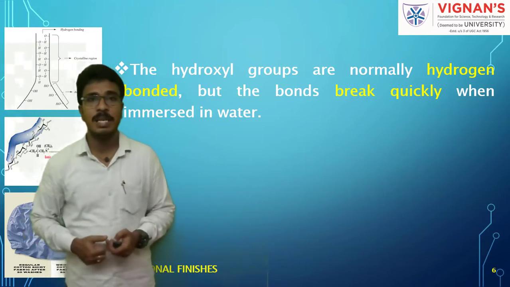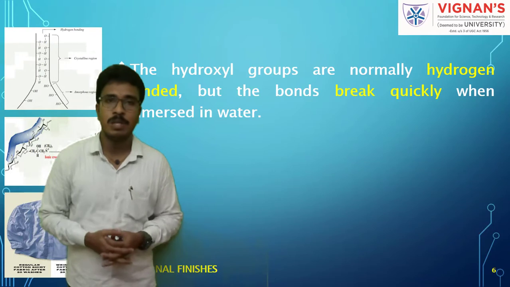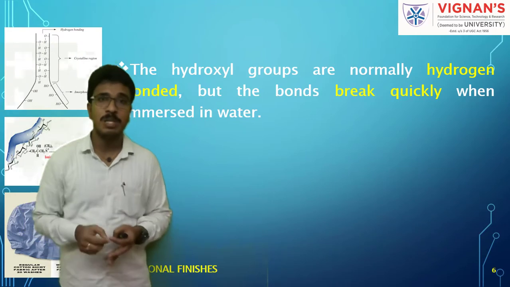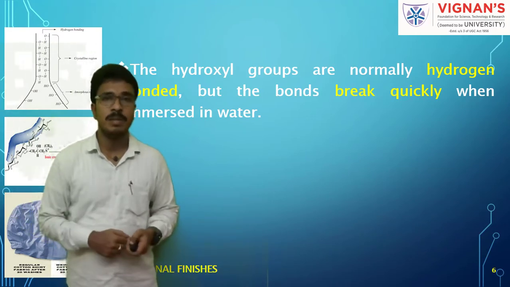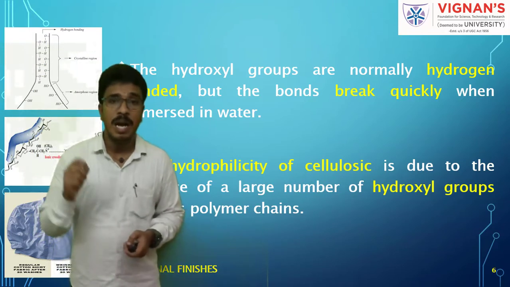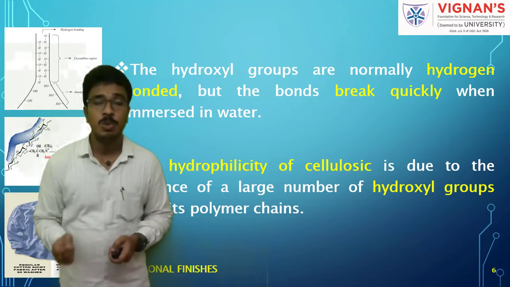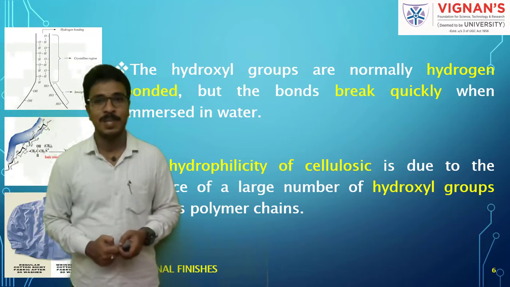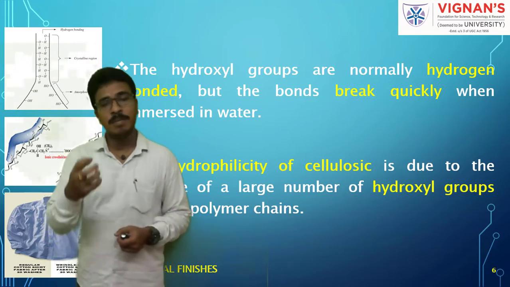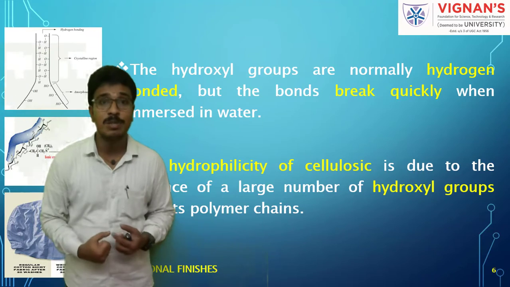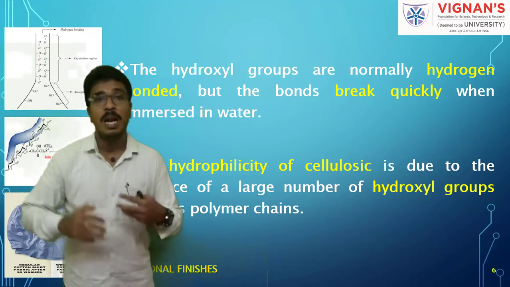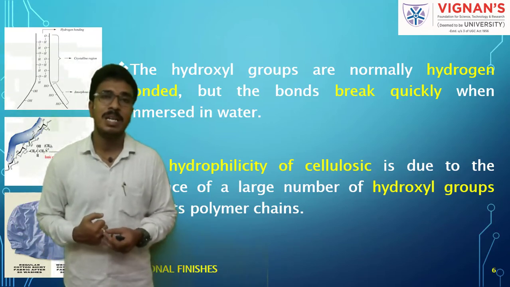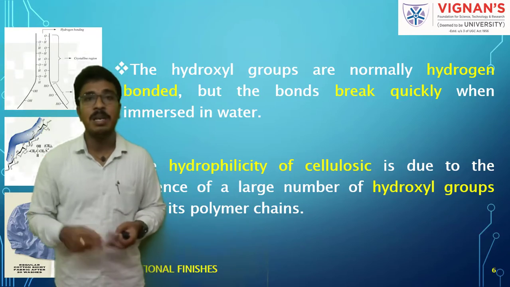Okay, so what it is saying here, again I am repeating, whatever the hydroxyl groups are there, which are hydrogen bonded, but these hydrogen bonds break quickly when immersed in water. Now what will happen? The hydrophilicity of cellulose is due to the presence of a large number of hydroxyl groups along its polymer chain. So when immersed in water, the fiber will readily absorb the water. That is because it consists of a large number of hydroxyl groups, and after absorption of water, what will happen? The hydrogen bonding between hydroxyl groups will